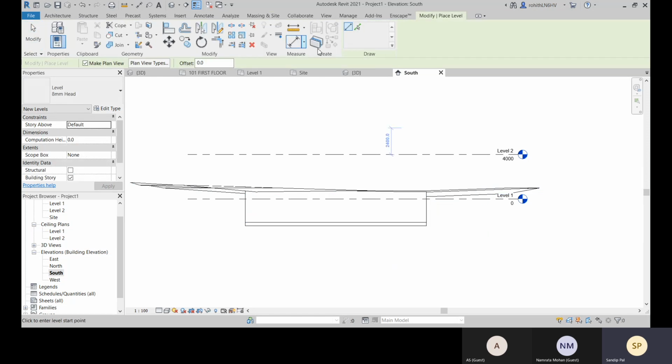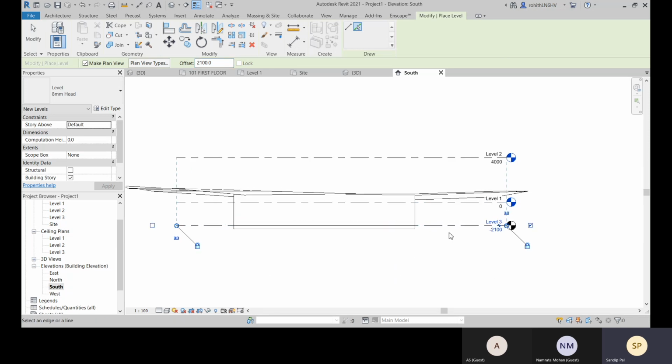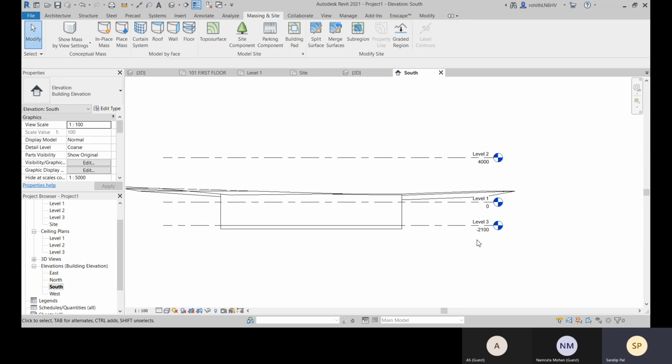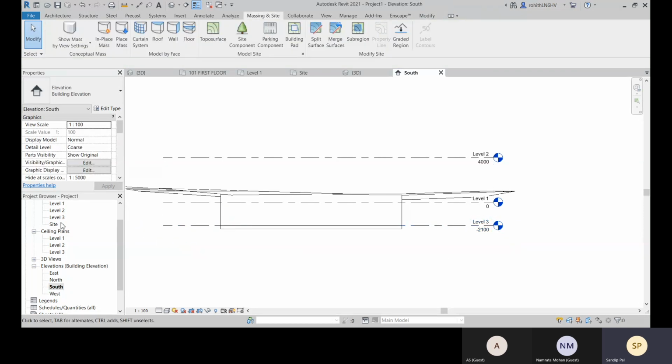LL is the shortcut, and let's choose this one. Give it an offset value. Here it is level 3, and we can provide a name as well. Here I'm not going to provide a name right now.